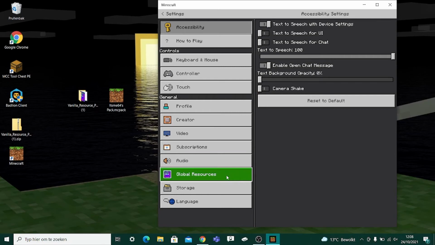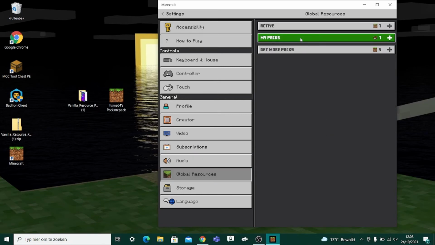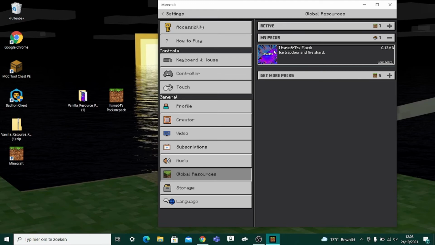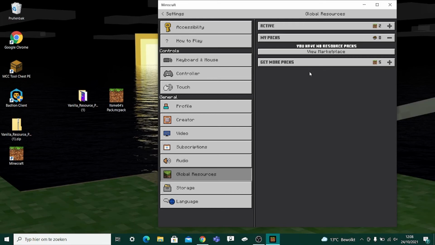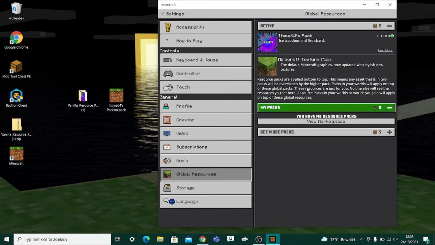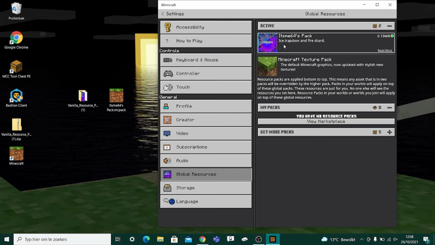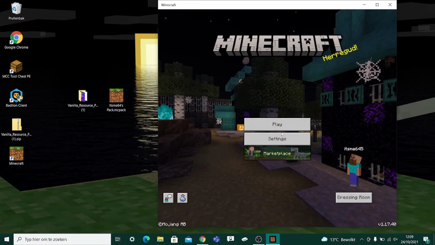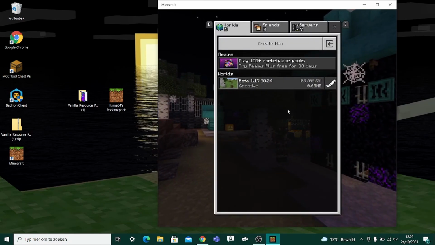Anyways, you can head into settings, then global resources, my packs, and as you can see here we have the pack icon, then the pack name, which is It's Me 64's pack, and then over here the description. And my description was ice trapdoor and fire shard. So it says ice trapdoor and fire shard. Then you can simply click on activate, and now on active you have your pack you made and the regular Minecraft texture pack. So once you head out, it's going to load the resource packs. Then you can play,